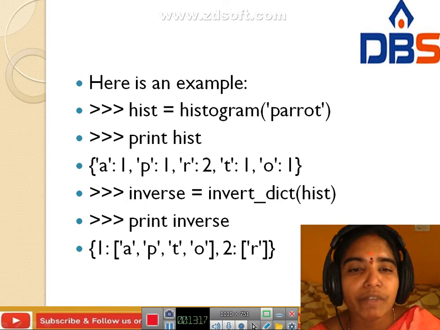This is the inverse function. You work it like this: invert_dict of hist, print inverse. One time means these letters a, p, t, o are repeated only one time. Two times means only r is repeated.